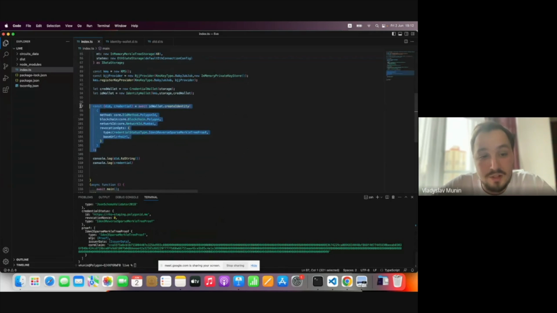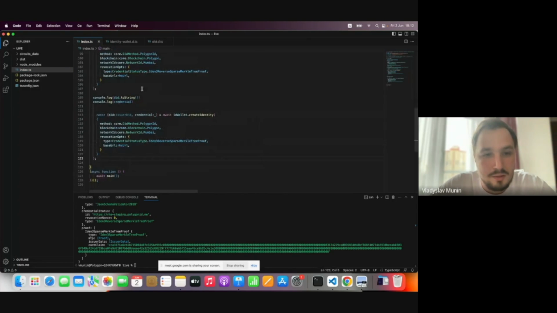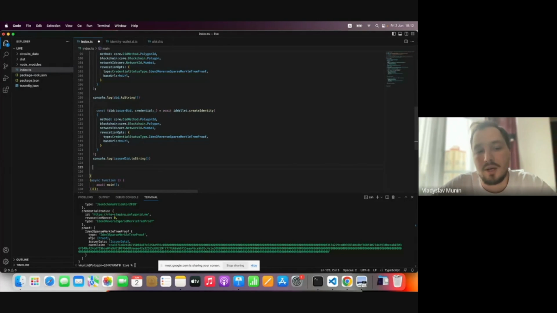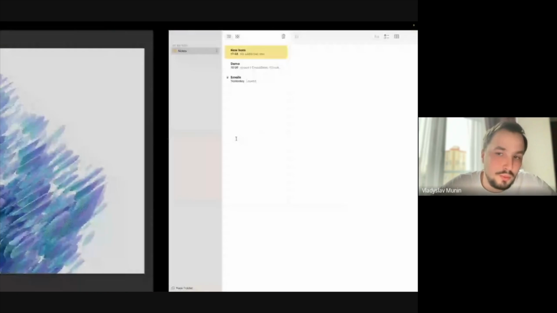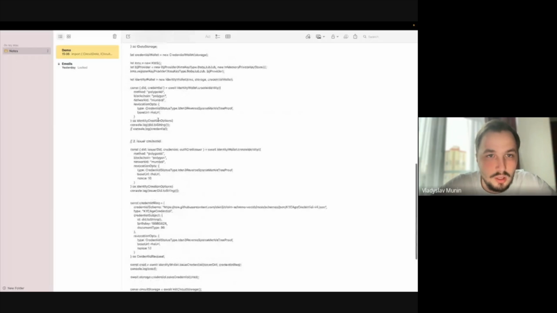And to create an issuer identity, you don't need anything more. You just create a new identity, and it will be your issuer ID. And probably we don't need to issue a BJJ credential right now. So if we just go here, we have a credential, issuer identity. So to issue a credential, I will use my nodes,